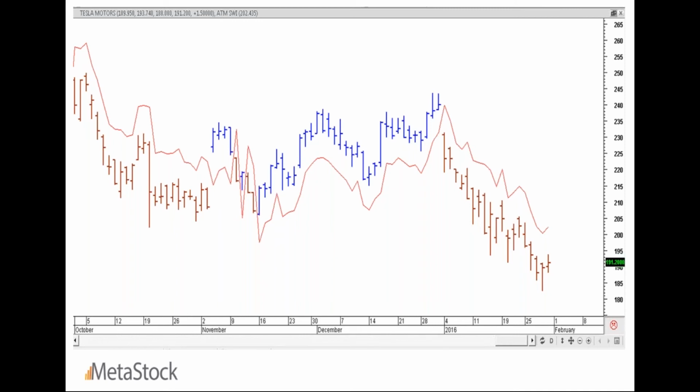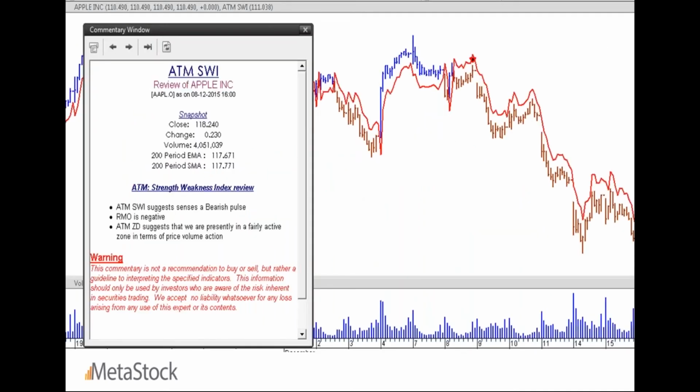So let's say I'm trading the super filter or the trend decider, if I have the SWI kicking in with me, it just helps me a lot to put some more money on that. And again, we've got the lovely expert which does the commentary bits for you and automatically plots that line, gives you color coding on that bar.